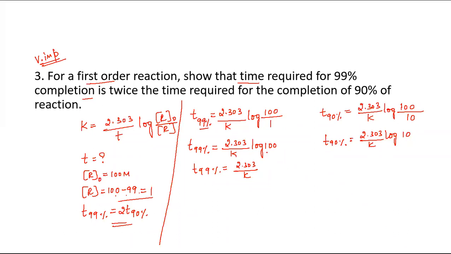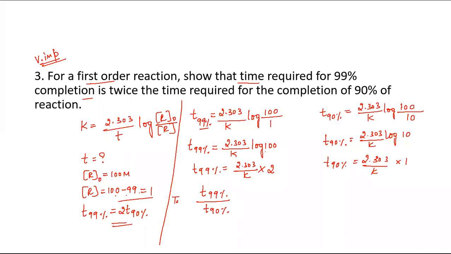Similarly, if you go here, 100 means 10 at 0, you will again get 0. But here how many digits do we have? 3. 3 minus 1 is 2. Therefore the log 100 value is 2. It becomes 2.0. We can keep it as 2. Okay, and this log 10 value will be 1. Okay, right. So now let us compare these two. When we compare these two, or else you can take T99% divided by T90%.